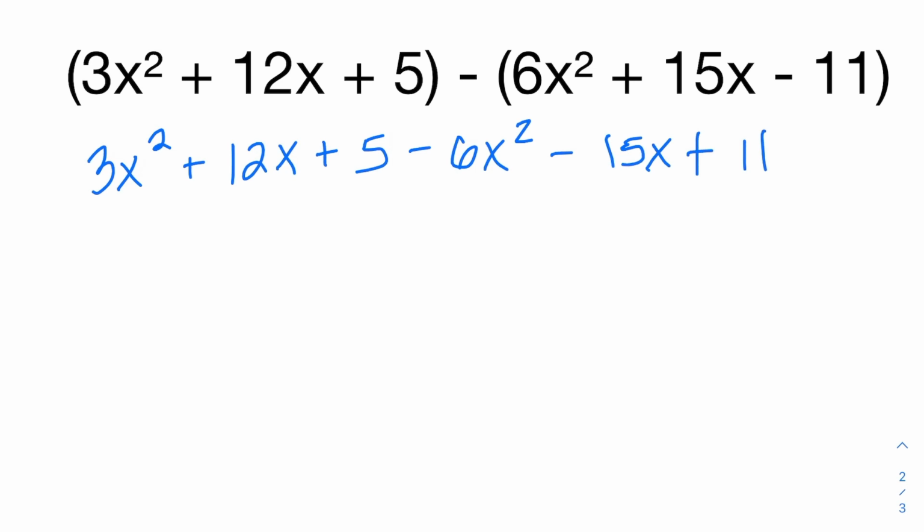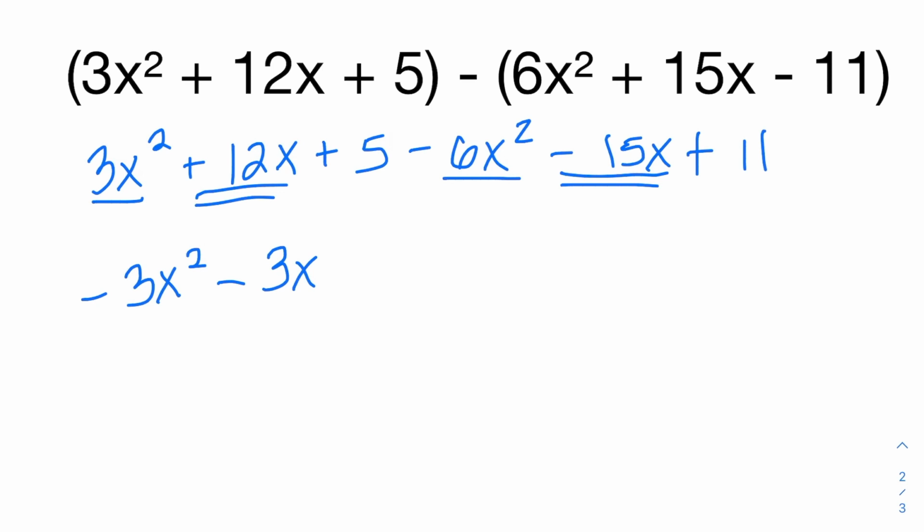From there, we can combine like terms. 3x squared minus 6x squared would be a negative 3x squared. Positive 12x and negative 15x would be a minus 3x. Positive 5 and positive 11 will be a positive 16. And that's our